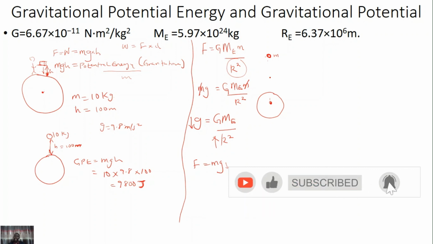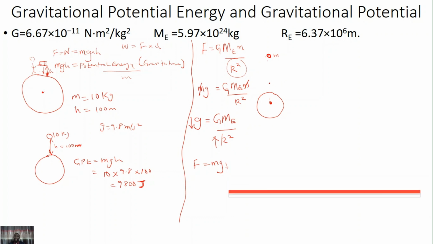So, when the body is 100 meters from the earth, the acceleration due to gravity will be far, far higher than when it is 100 kilometers from the surface of the earth, because that will make this to be higher